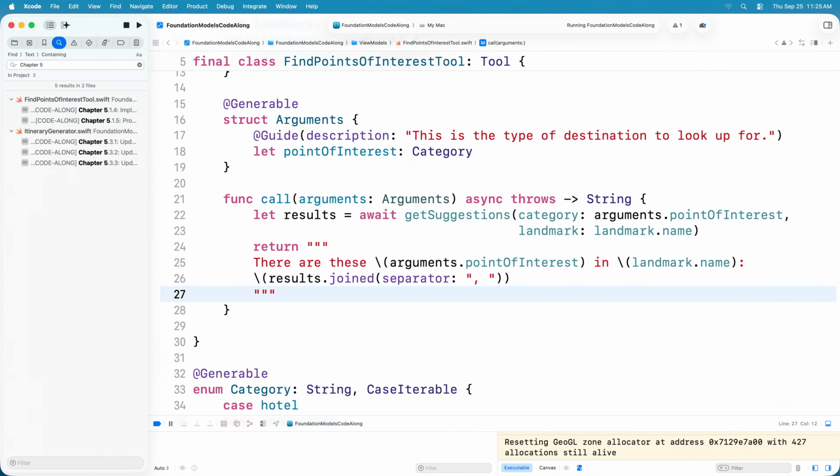Okay, and I'll go through step by step what's going on here. First, I say let results equal to await get suggestions. We have not defined this. We'll define this in a moment. Essentially, think of this as a function that the call method can invoke in order to get these specific points